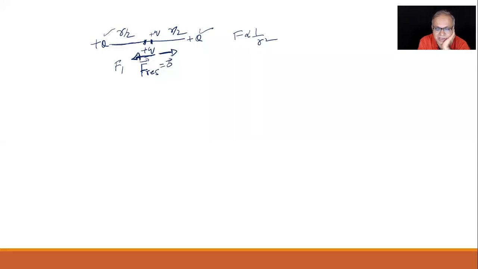That means slight displacement you do, if it is going back there, that's called stable equilibrium. That means I should say that it is in stable equilibrium for longitudinal displacements.